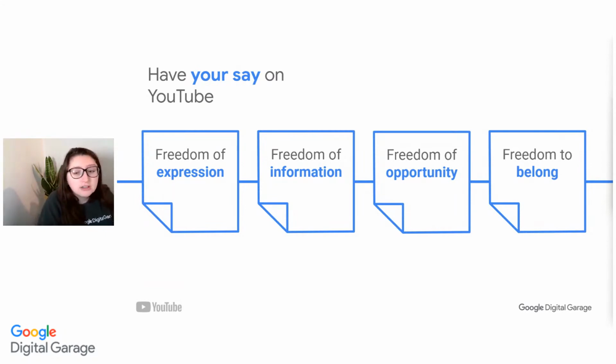First one, freedom of expression. This is the fact that on YouTube, people can express themselves, share their story with the world. And it's the idea that everyone has something important to say. And YouTube believes that people should be able to speak freely, share opinions, foster an open dialogue, and create that creative freedom that's going to lead to new voices, new formats, new possibilities. So that's the first essential value of freedom that YouTube's mission is focused on.